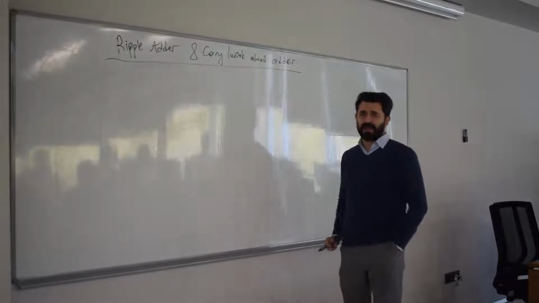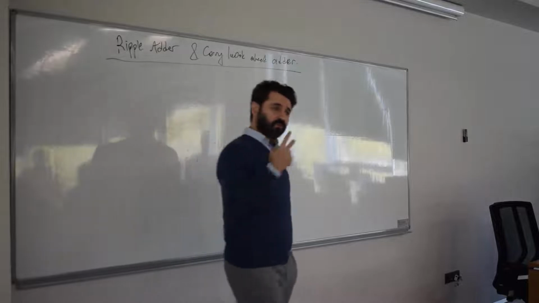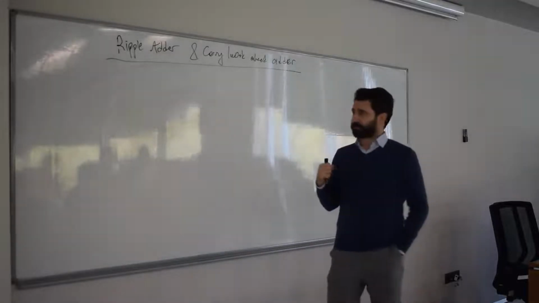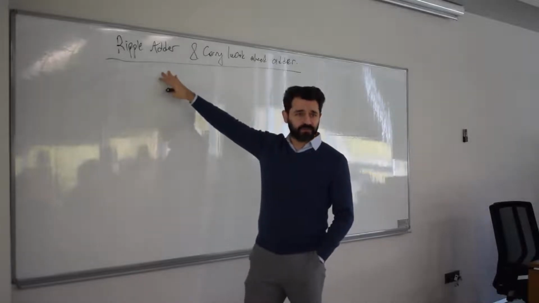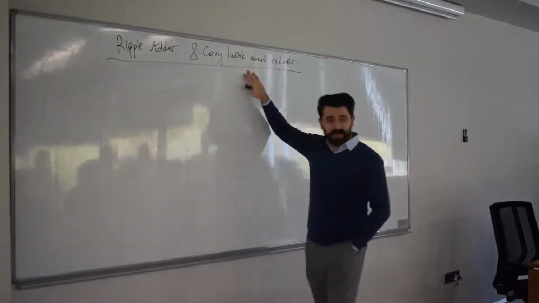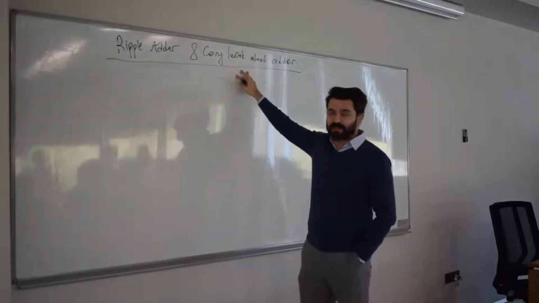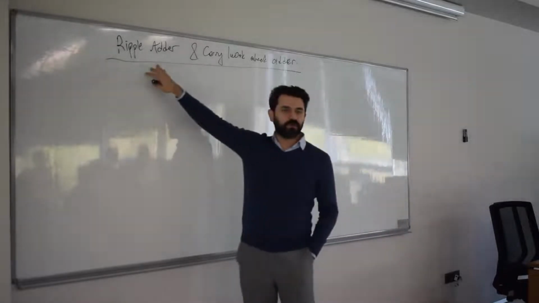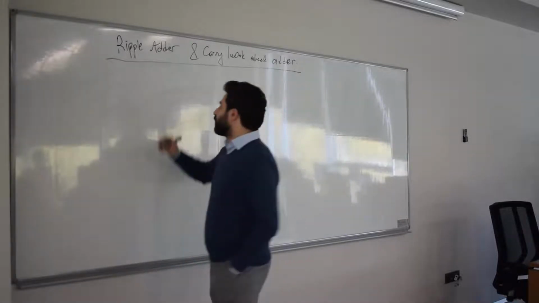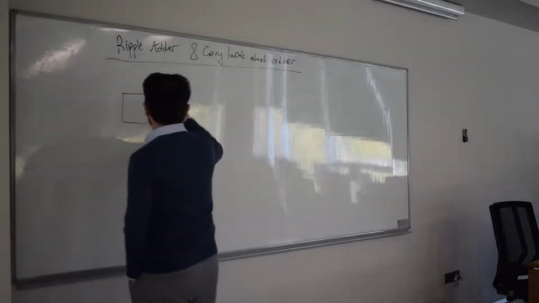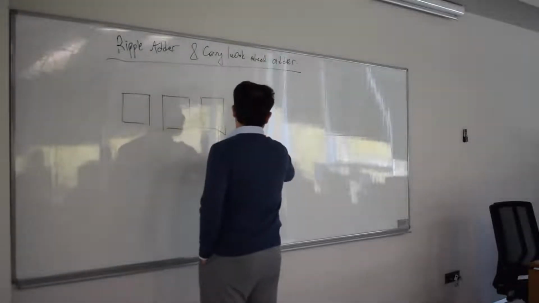You are given two n-bit binary numbers, and we know how to add them through either a ripple adder, which consists of multiple full adders, or a carry look ahead adder, which on the other hand generates the carry information up ahead so that we don't have to wait for the carry information to propagate through the full adders. Just to give you a reminder, for 4 bits we've got these full adders,